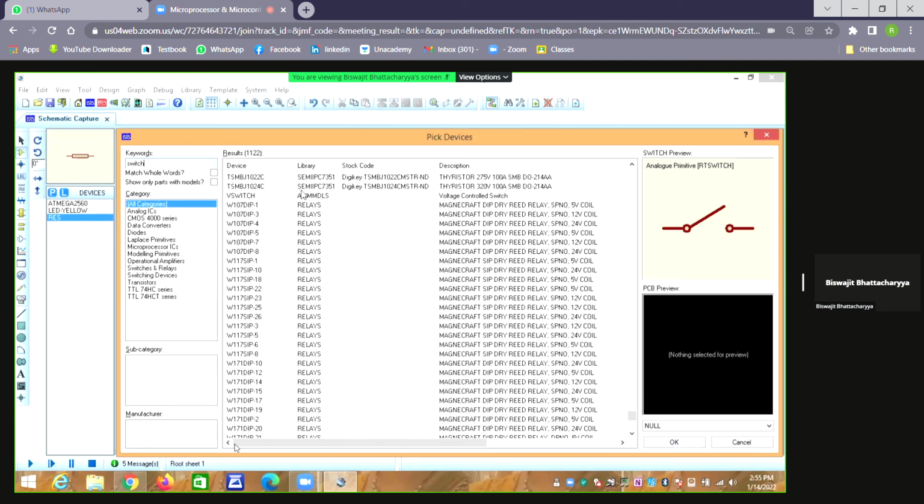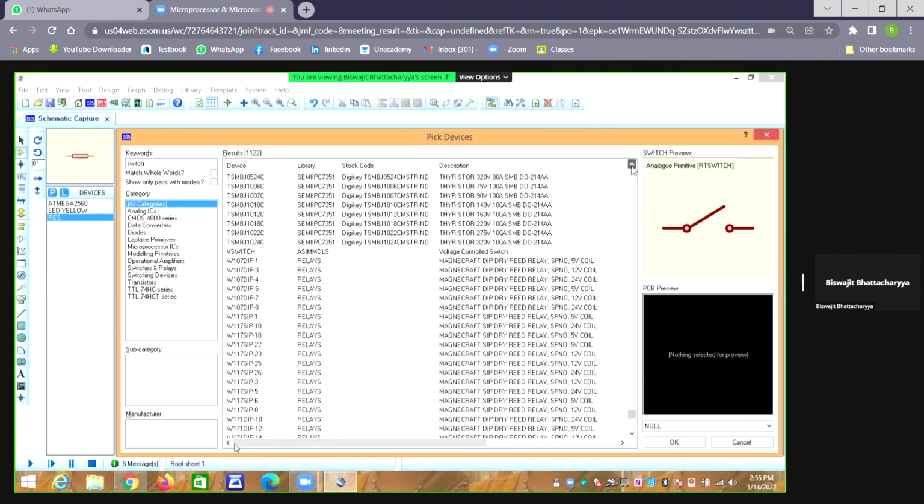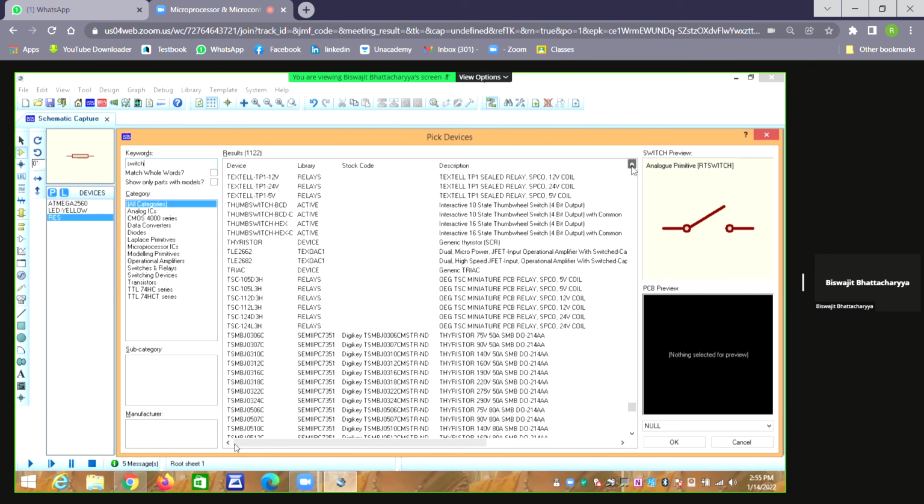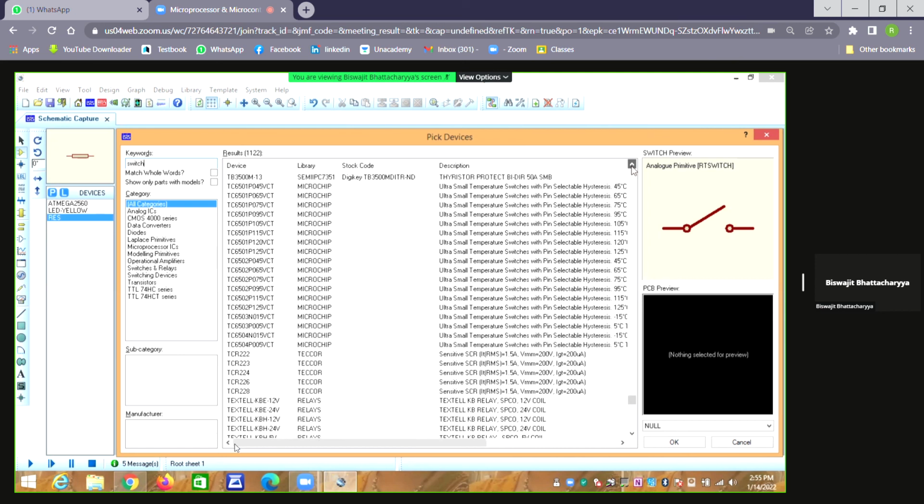So this is a V switch, meaning a voltage control switch. Or this switch is a basic switch, RT switch. If you click it, you can get the RT switch somewhere here. Just wait.